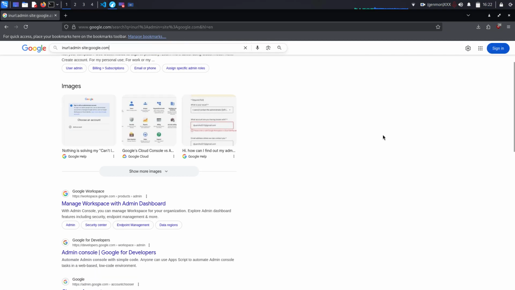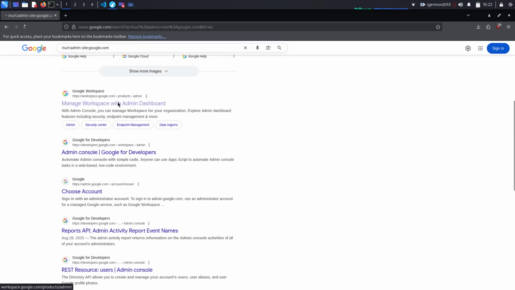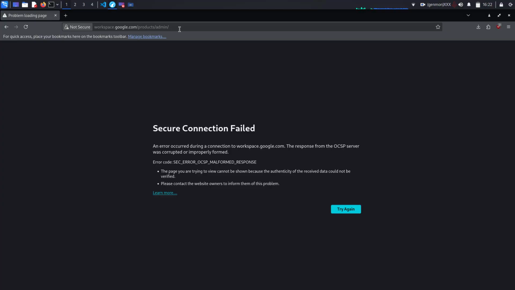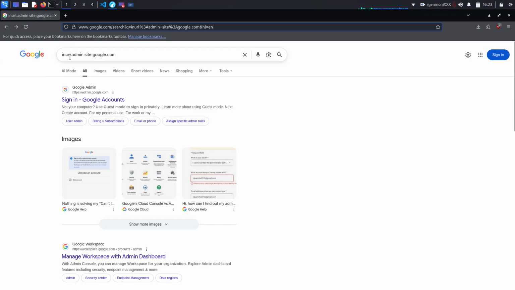So let's keep looking. That result on top didn't work. Let's try this one, workspace. That didn't work, but you see it did have it right here, admin. Again, that's why bug bounty hunters use these specialized parameters, because it actually helped me find that login page where